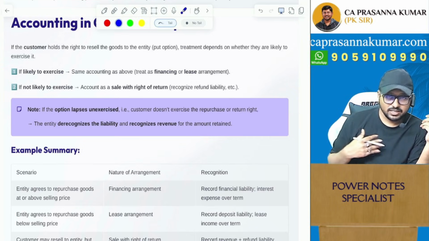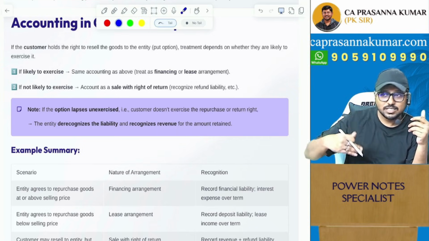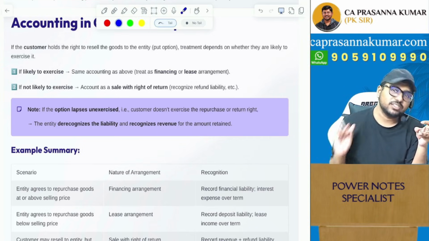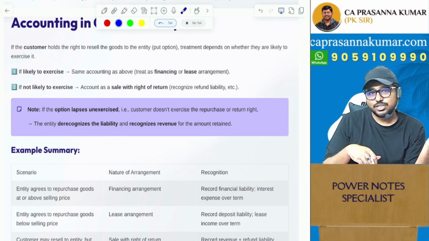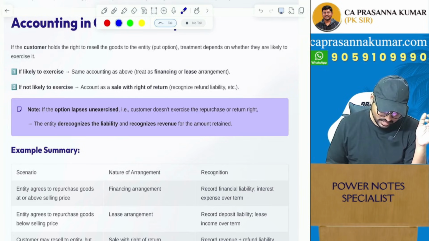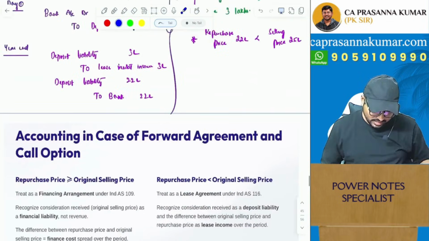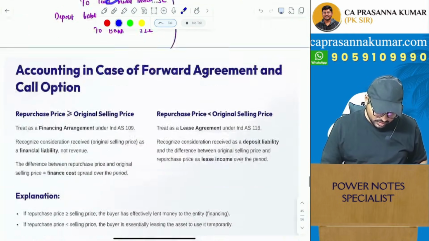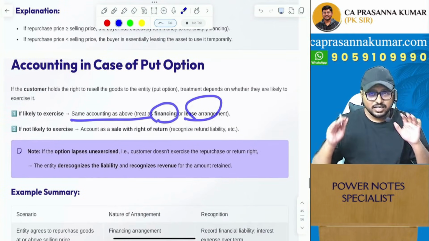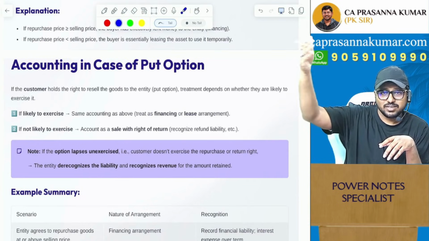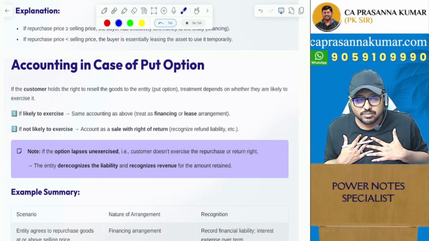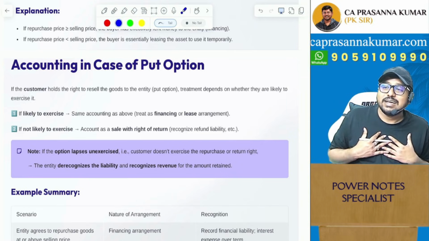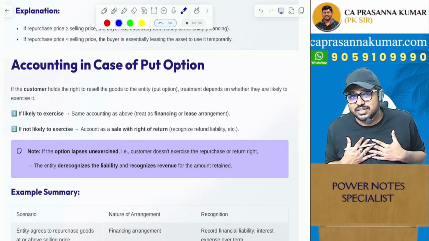If PK Limited is anticipating that SK Limited is likely to exercise the option, which means PK Limited has to buy, then it can be a financing arrangement or it can be a lease arrangement, as the case may be. In that case, the accounting will be the same. So if in case of a put option the right of exercising is in the hands of the other party, which is out of my control, and PK Limited is anticipating that SK Limited will exercise,